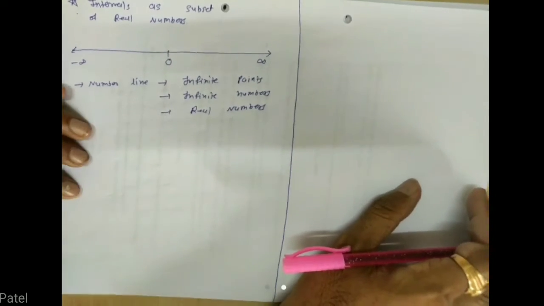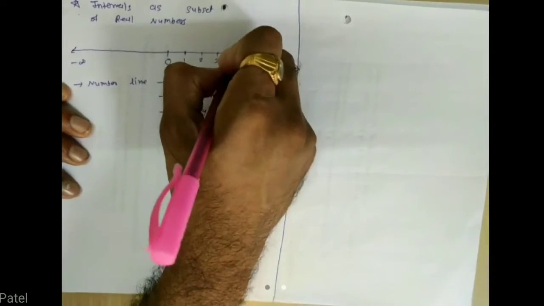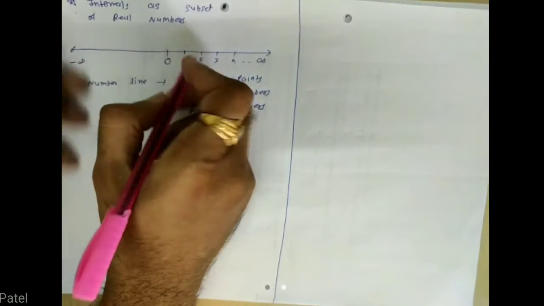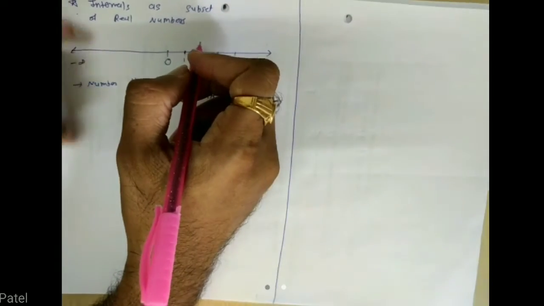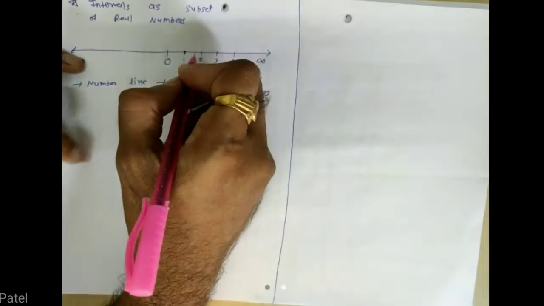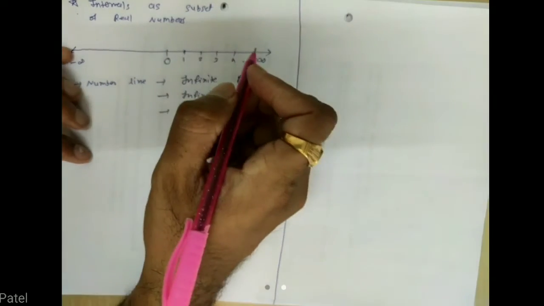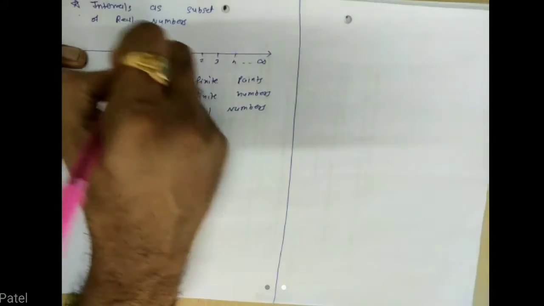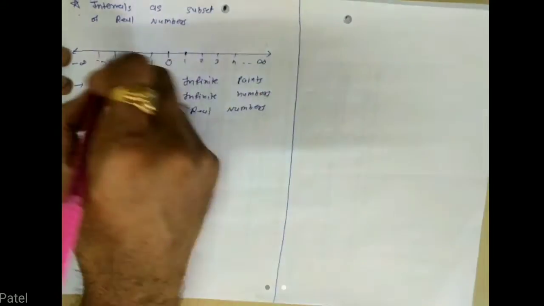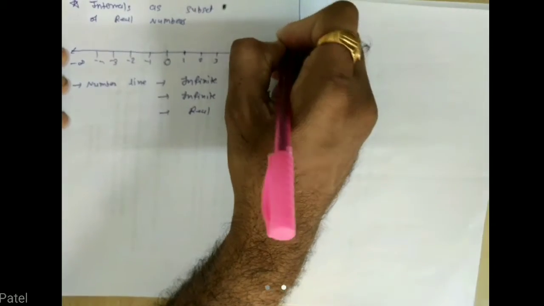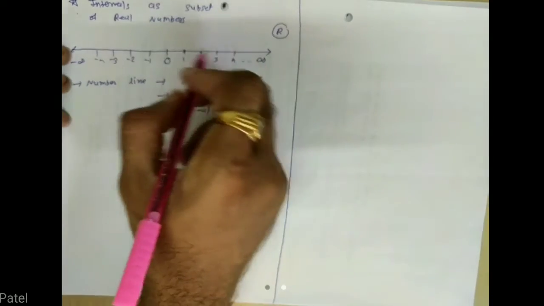Done. So let us now consider this is our 1, 2, 3, 4. That means this point is 1, this point is 2, and between these two numbers there are infinite numbers. Between two rational numbers, infinite rational numbers exist, which you have discussed in previous standards. So this number line represents our real numbers, and we have to discuss the interval, which is a subset of real numbers.